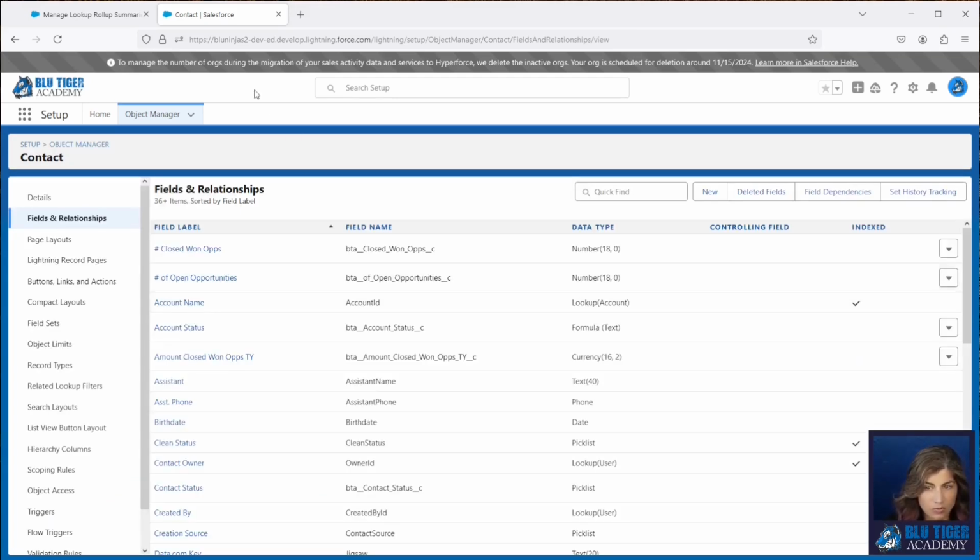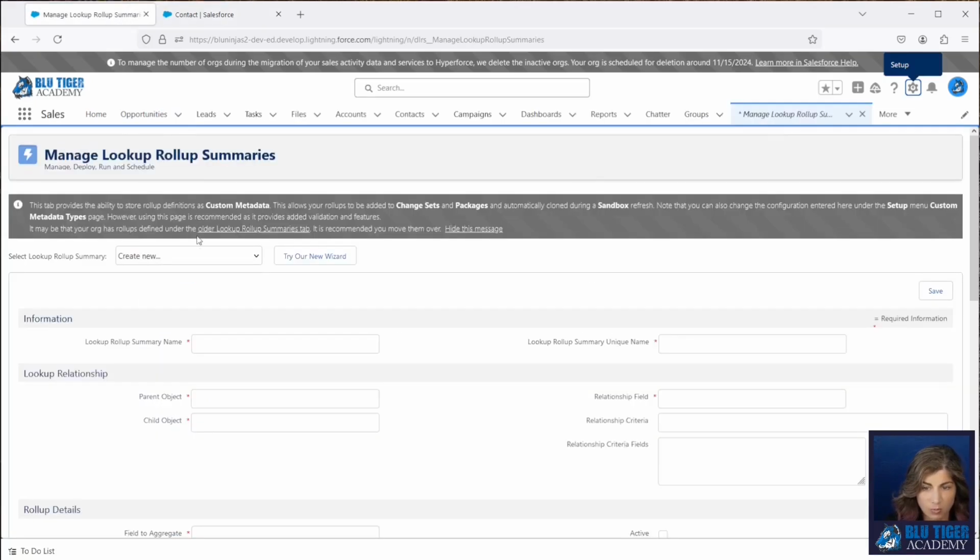Now we're going to go over to DLRS and we're going to create a new rollup. So we're going to name our rollup Contact Number of Open Opportunities. We will give it the API name. Our parent object is contact. Our relationship field is going to be contact ID. Our child object is opportunity contact role.